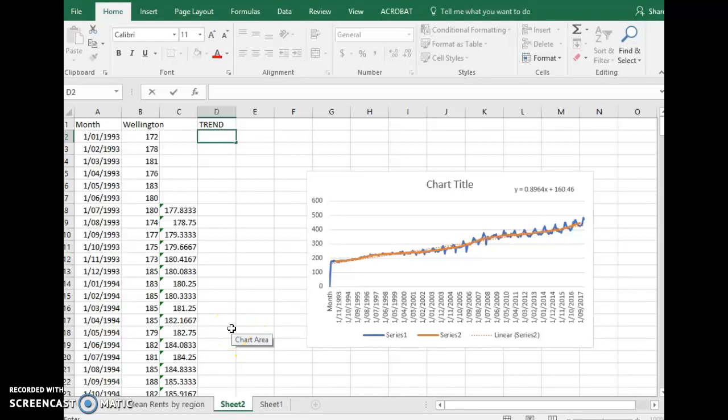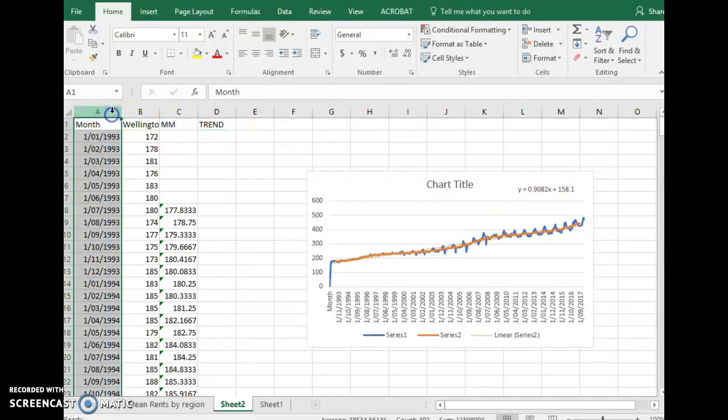So I'm back to where I was. I've now chosen Wellington instead of Auckland, and I've smoothed my data out with a moving mean order 12, and I've added a trend line, and I've got that equation this time. Different gradient to Auckland. My trend component comes from this equation,